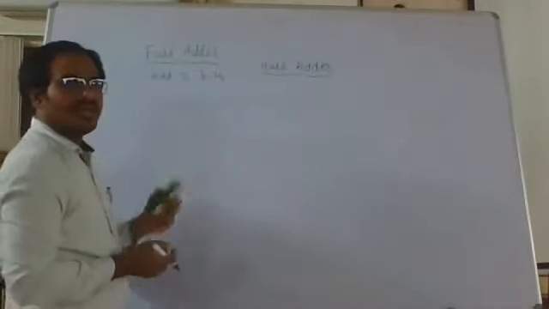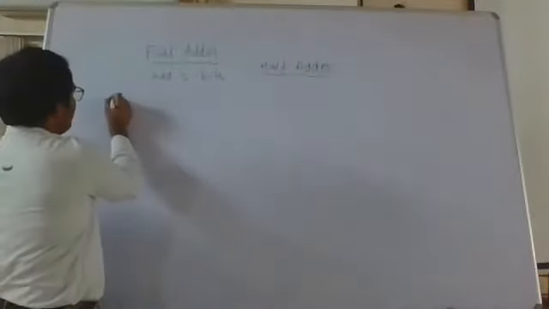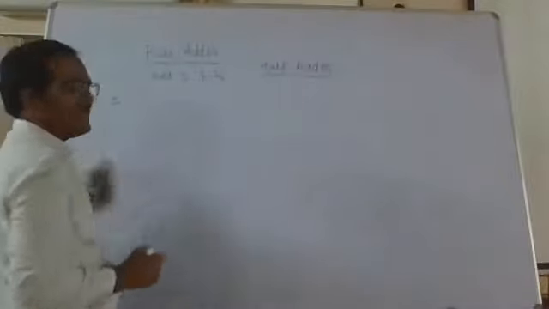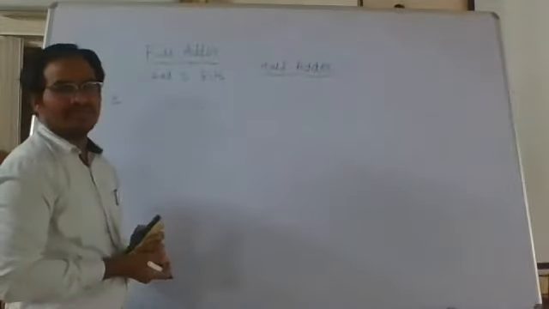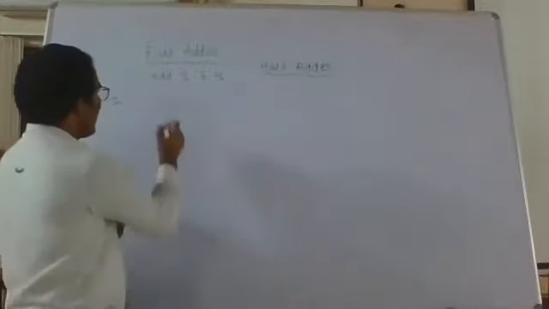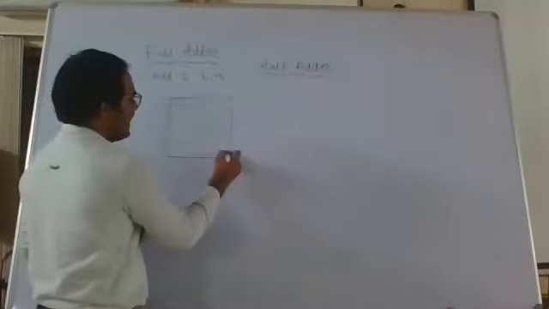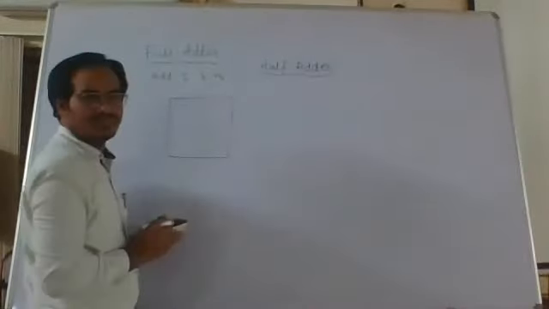Now we have to design it as per our procedure. So what is our first step? We have to define it at a block diagrammatic level. So what is the block diagrammatic level? In the block diagrammatic level of any digital circuit, we will be defining the inputs and outputs.